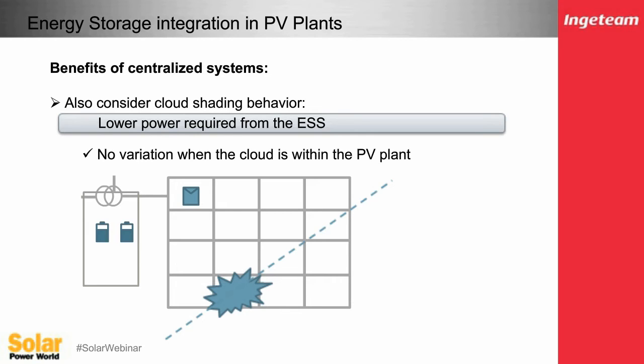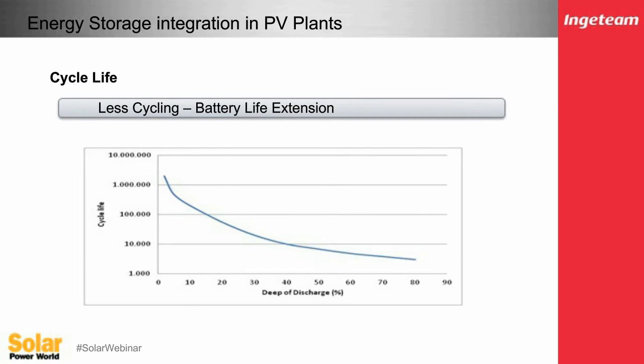Versus that of a distributed system, though, as that cloud passes through your entire array, a distributed system would require the next stage, the next grid, if you will, that it needs to operate those batteries again. However, in the centralized system, it's already operated. That cloud is passing continuously, but the same effect has taken place. Therefore, you actually have less total cycling of your batteries, thus keeping your battery life extension of your entire system,